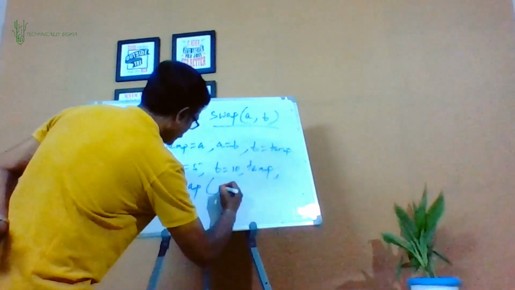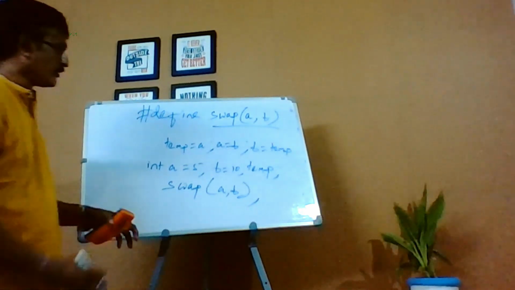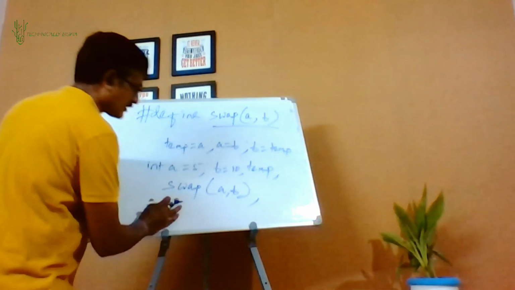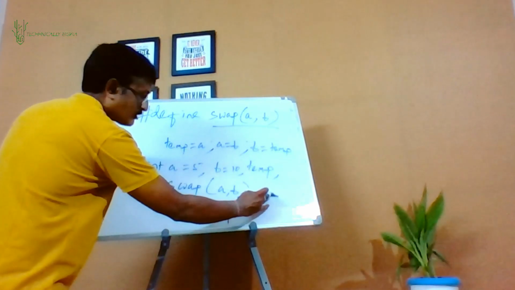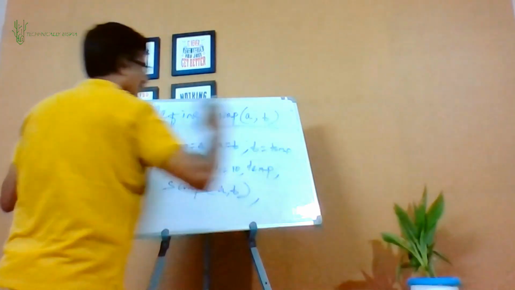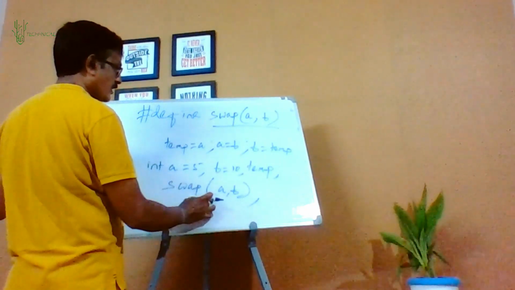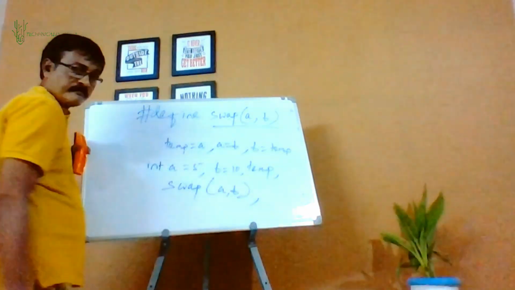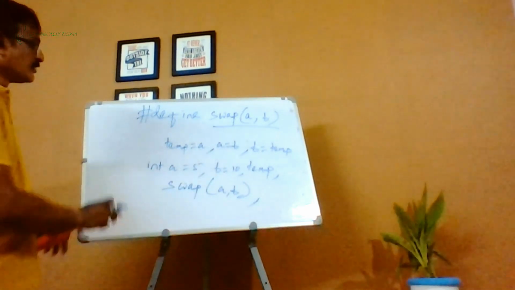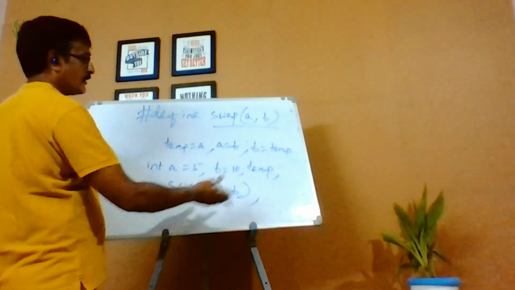So now you have this and you write this. Swap A comma B. What will it be replaced with? It will be replaced with these three statements. And look at this carefully: swap A comma B ends with a semicolon, so automatically this semicolon will be at the end of this expansion. So what statements will be there? M equal to A, A equal to B, B equal to M. Clear with this? Done. So at the end of this you will find the values are swapped.